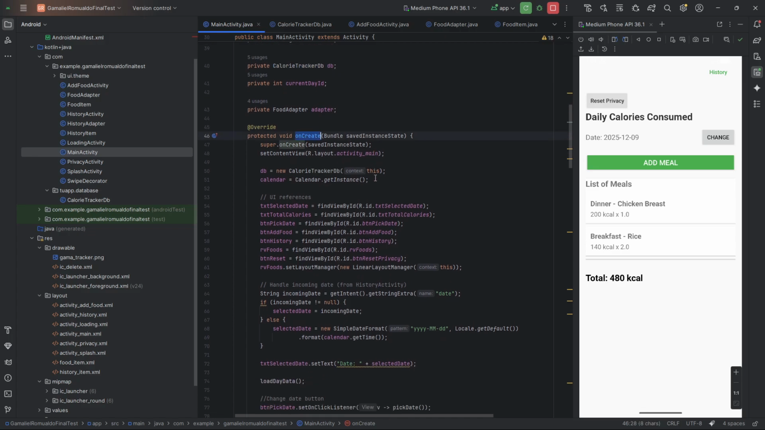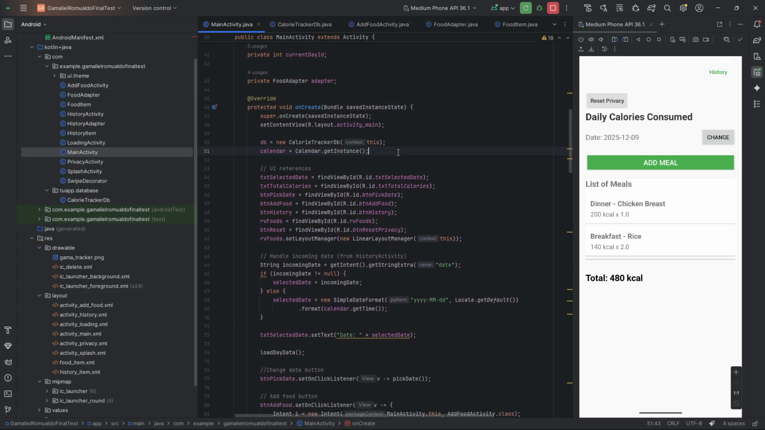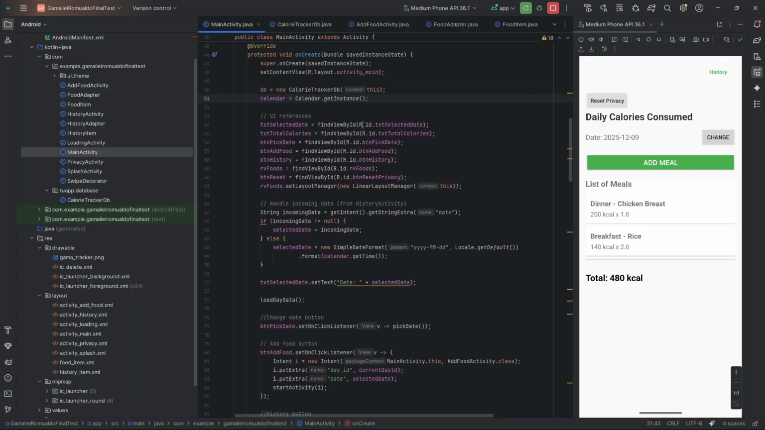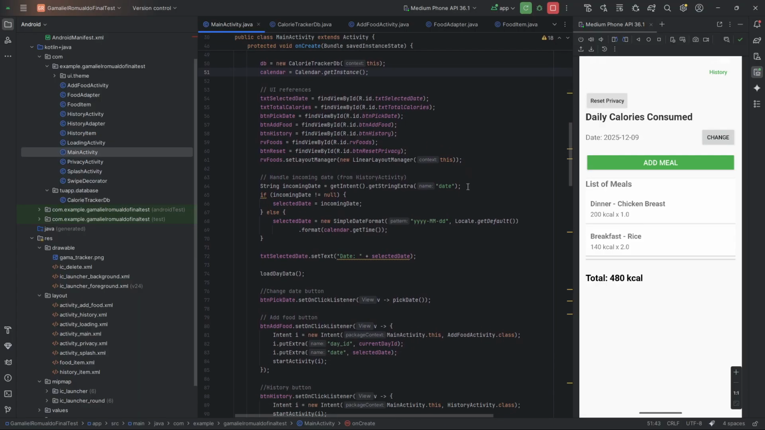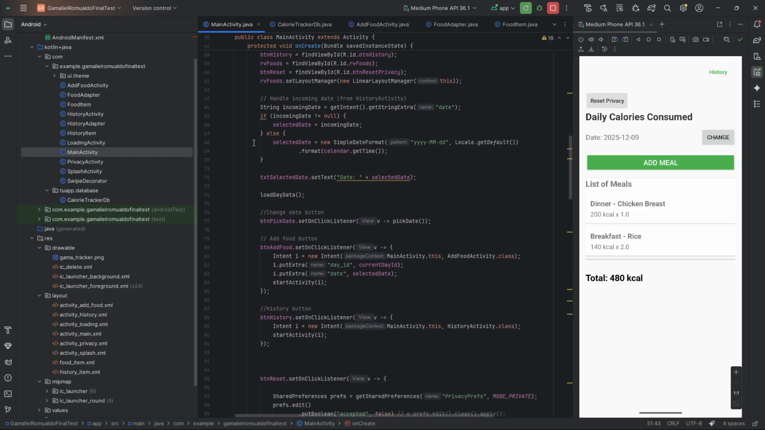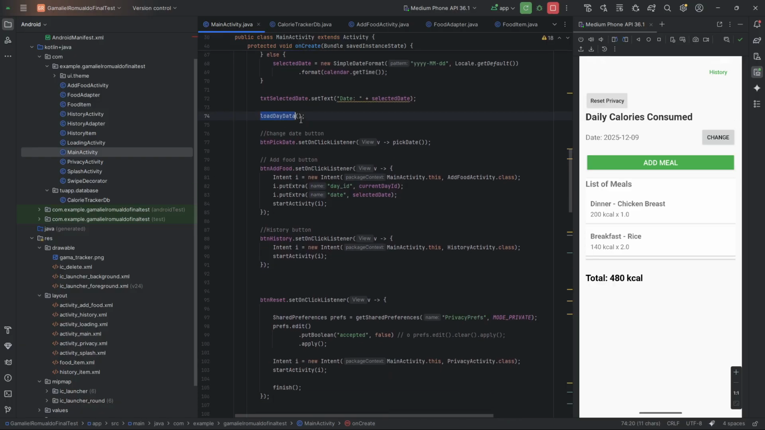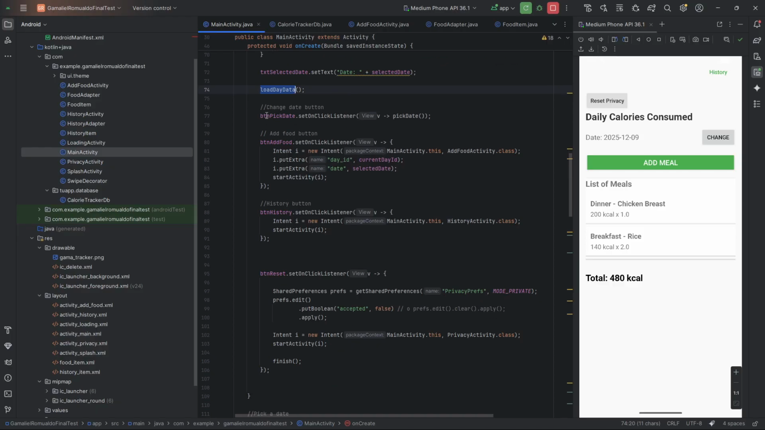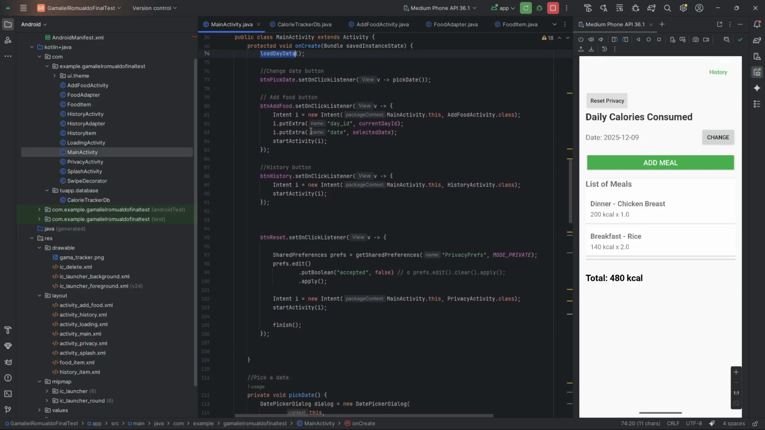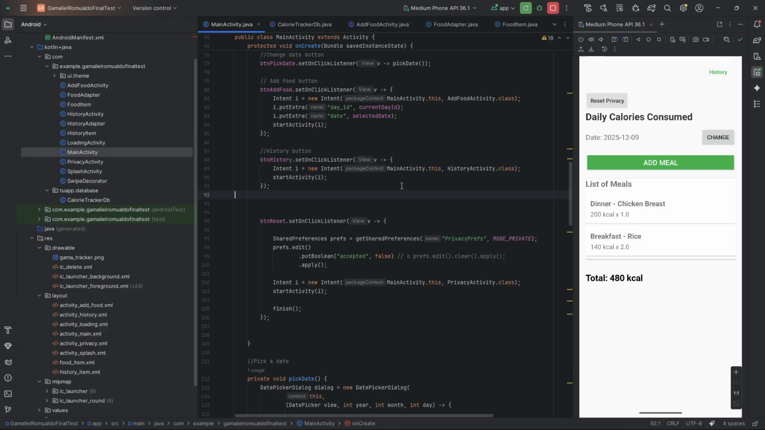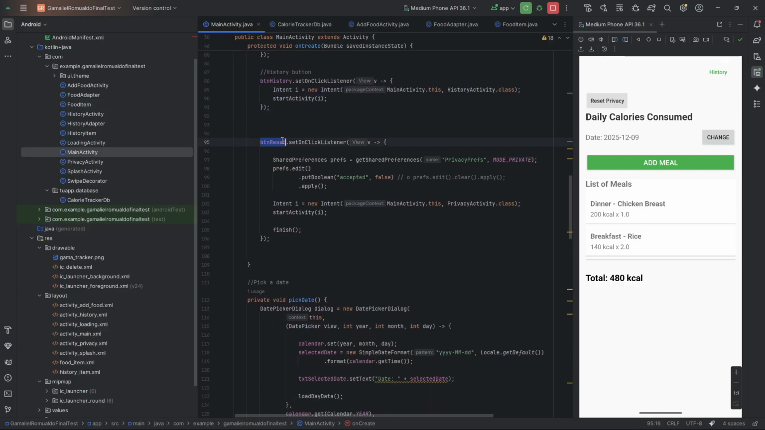I got my onCreate method. I got my initialization for the DB, my initialization for everything, my UI references, everything pretty straightforward. This is how I handle my incoming date, if date is null, everything like that. I got my load date data. I got my change date buttons, my add food buttons. This is just buttons, basically history buttons. My button reset that you're gonna see, that is my privacy